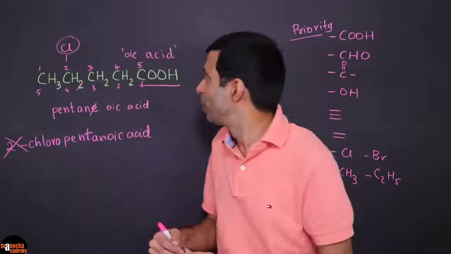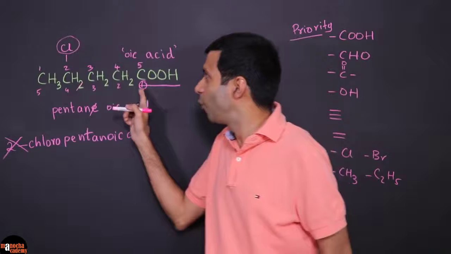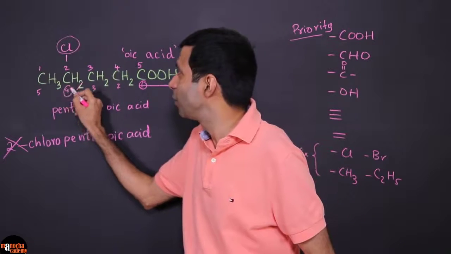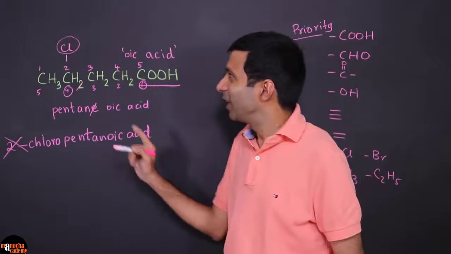So he wants position number 1, right? So we need to follow this numbering scheme, not this one. And the halogen is at position 4. So basically, what is this compound? It's a